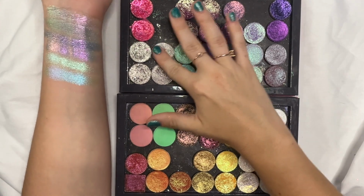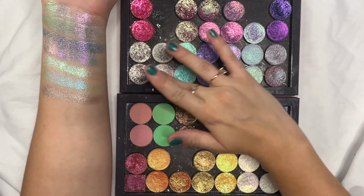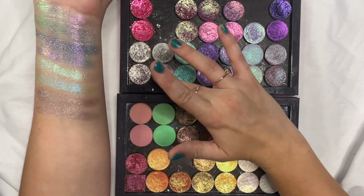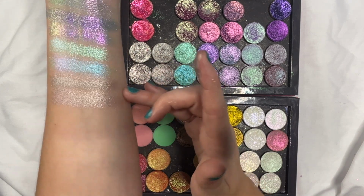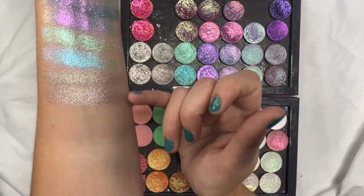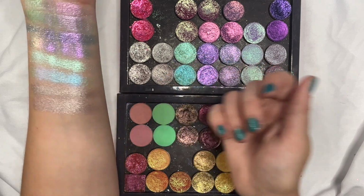I find Silenzio Bruno to have something kind of similar to one of the shades from the Glaminatrix Nearly Natural palette, although I think that Silenzio Bruno has a stronger silver on top, but the base colors are very, very similar. So if you've been wanting that particular shade from that palette, it may be worth checking out Silenzio Bruno